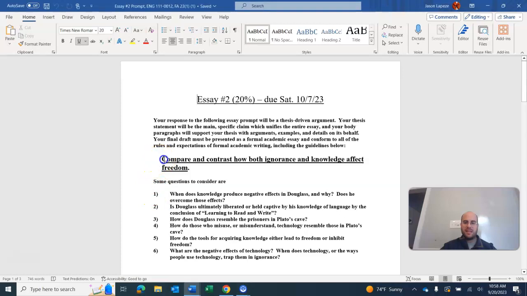This is a pretty basic essay strategy, compare and contrast. You'll notice that all 3 essays across this semester will be different approaches. Essay number 1 was a definition paper. This essay is a compare and contrast, and our final essay will be a different approach, just to work all your different critical thinking muscles.